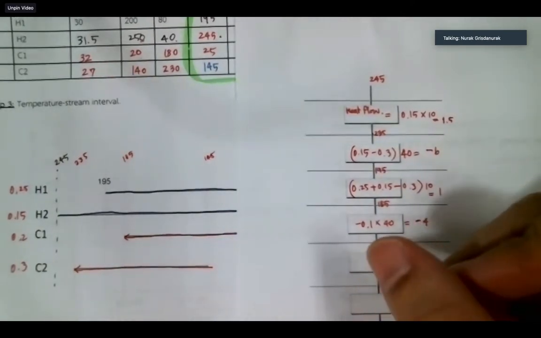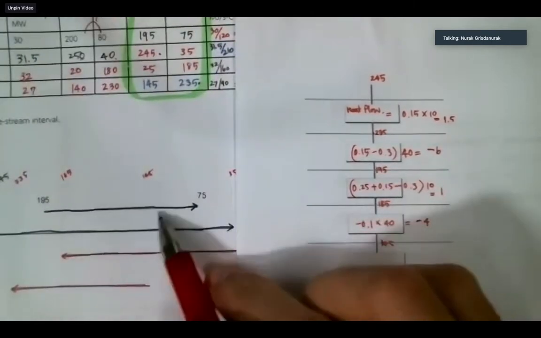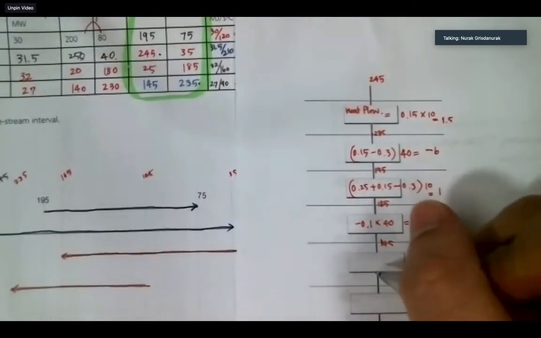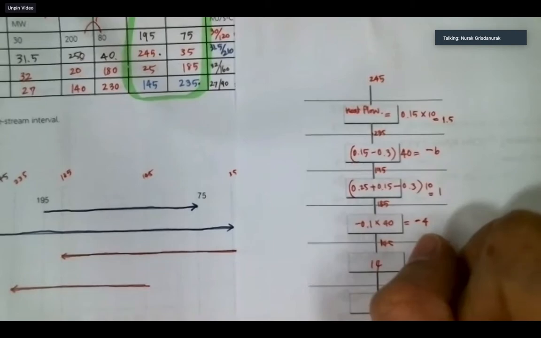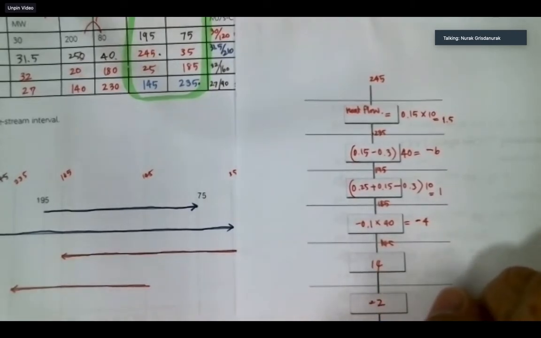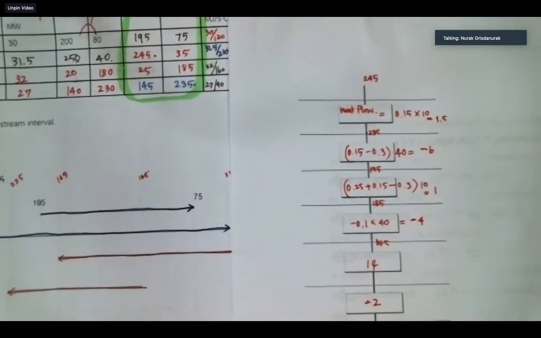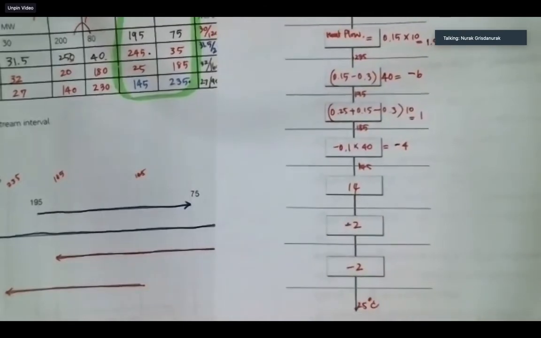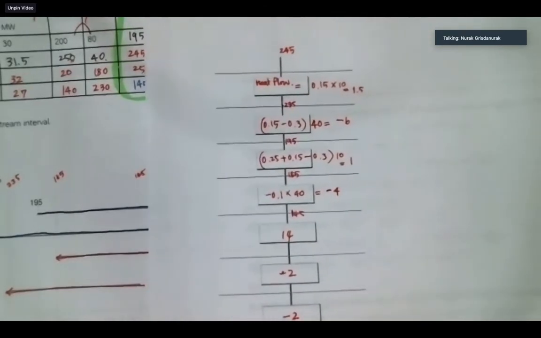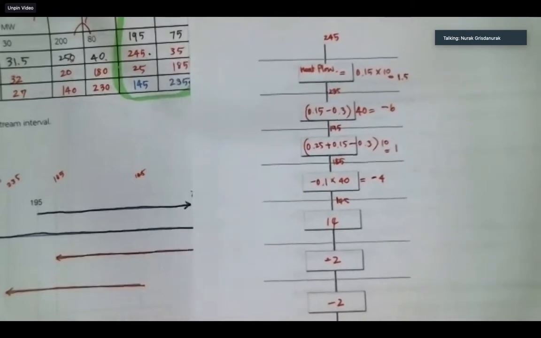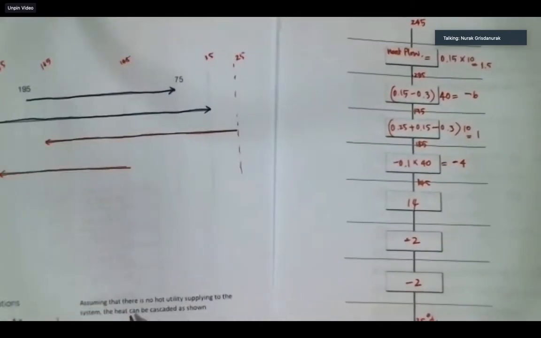Next what I do is I do the same thing, so I get 1.4 and then minus 2 and then minus 2, this is at 25 degrees Celsius. อันนี้คือการทำ cascade analysis นะ